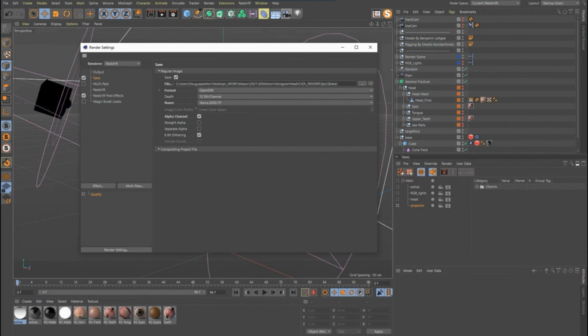But what I like to do is make another one and do my take underscore my project name. What this is going to do now is I have a folder that'll be hologram head clean version 1, a take which would say extras, RGB lights, head, whatever, and then my file name will be extras underscore hologram head clean version 01. And that way I don't have to make any folders. I don't have to do anything beyond creating this setup here.